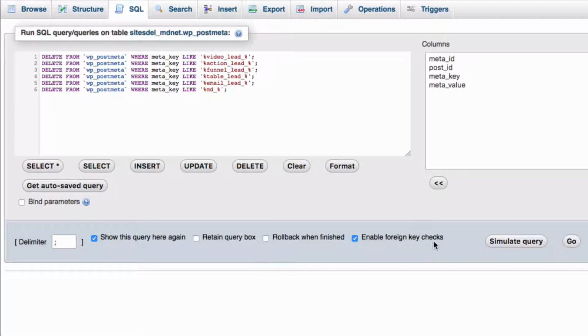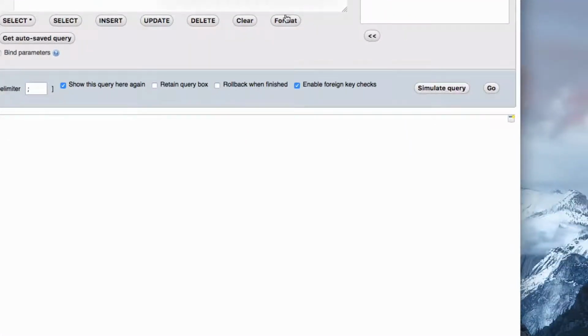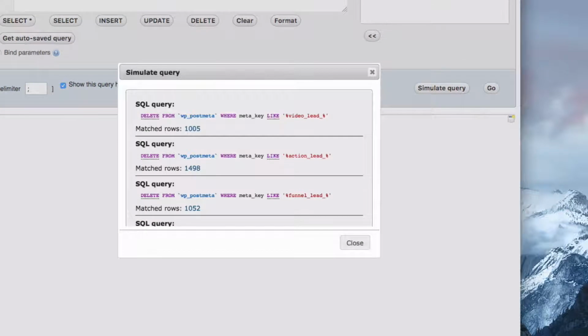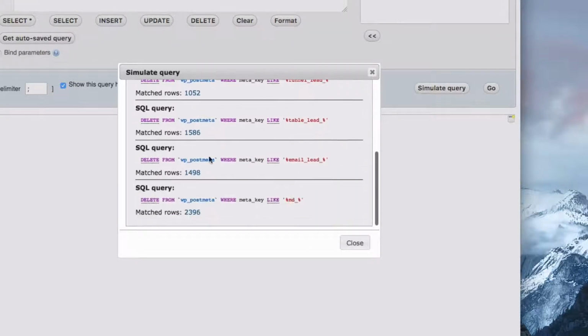So if you want to feel more comfortable before you actually run this, you can do simulate query, and then it's going to actually pull up everything, and it'll let you know if it finds anything. So if you see a pop-up like this, then you know that your query will do something and it's valid. And we can see that there's actually still thousands of entries from the old Marketers Delight settings format in your